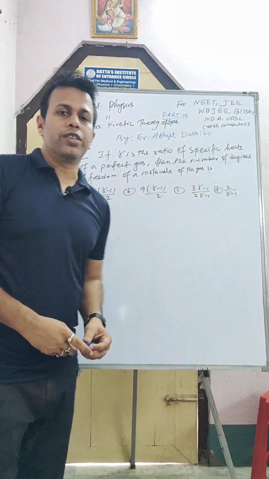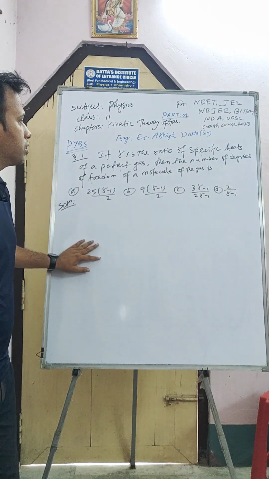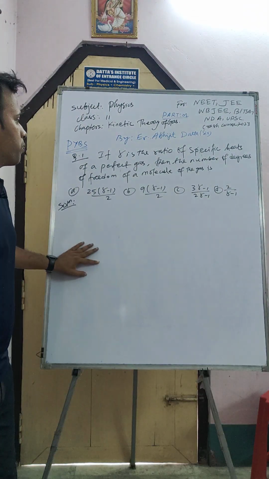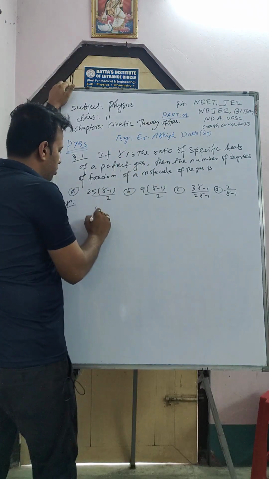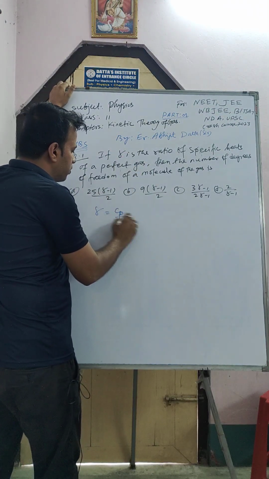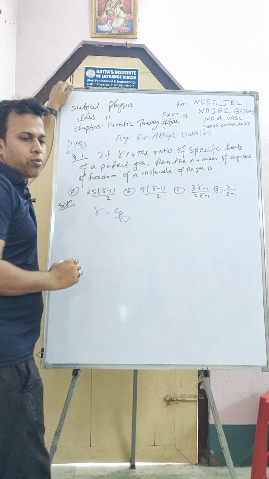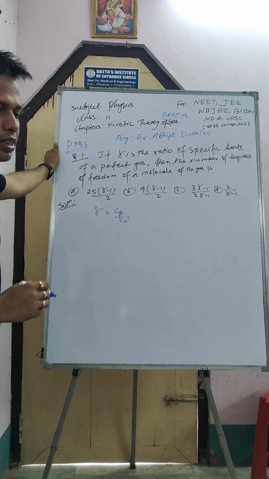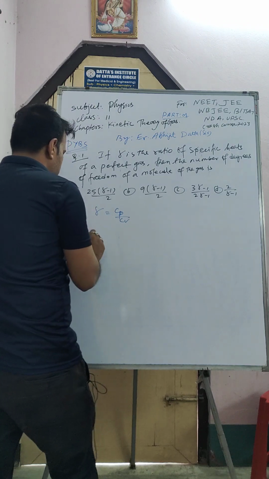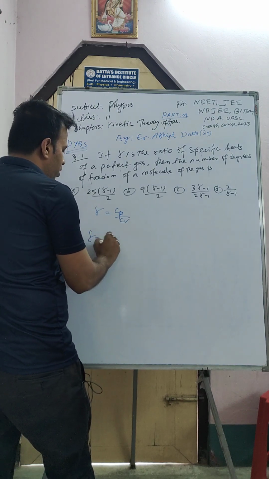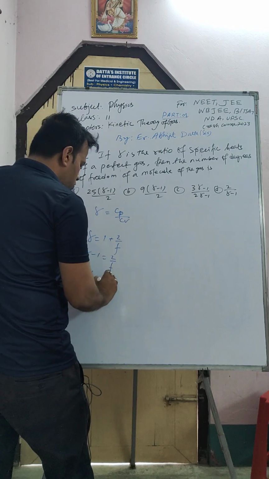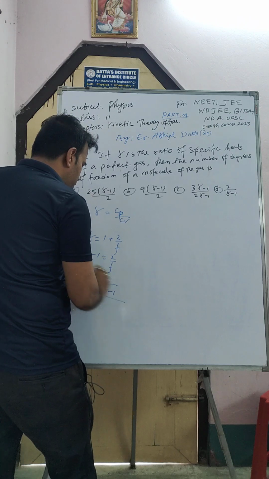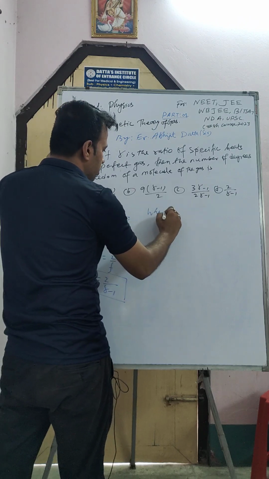So students, our first question is: if gamma is the ratio of specific heats of a perfect gas, then the number of degrees of freedom of a molecule of the gas is what we have to find out. So gamma is the specific heat ratio, gamma equal to Cp by Cv. We know that there is a formula between gamma and degrees of freedom, that is gamma equal to 1 plus 2 by f. So gamma minus 1 equal to 2 by f. So f equal to 2 by gamma minus 1, where f is